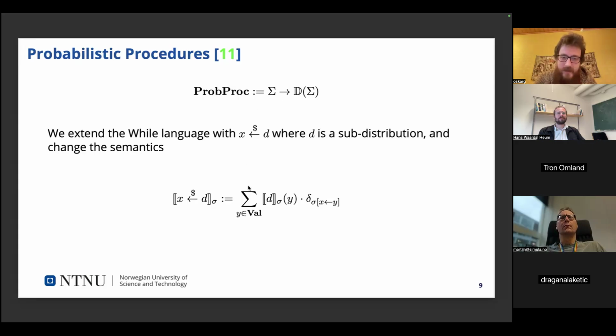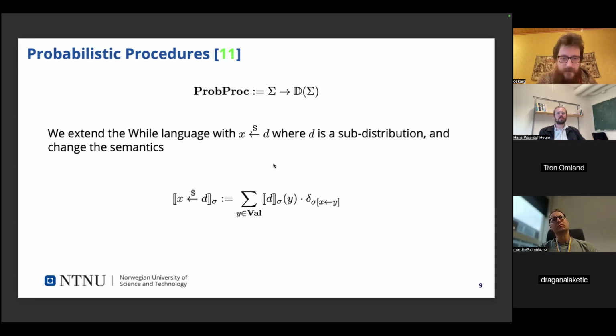And now we need to define the semantics for this new language with the sampling as well, and also redefine everything we had already, because that was defining what happened for a deterministic language. But for those, the semantics is fairly obvious.